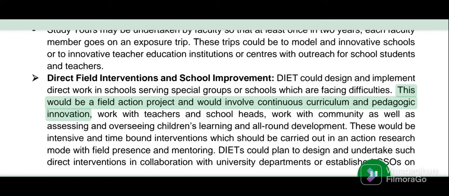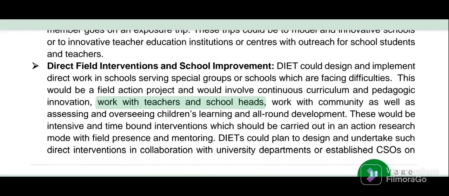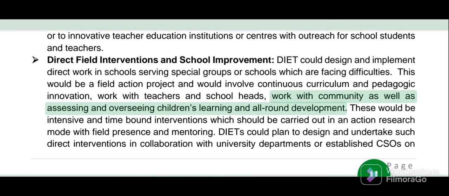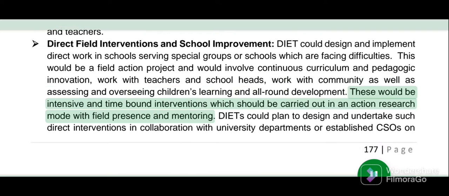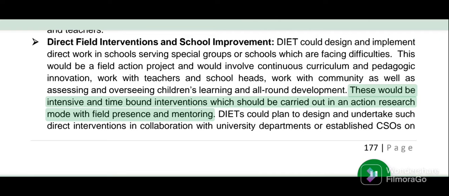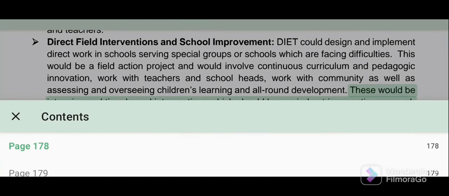This would be a field action project and would involve continuous curriculum and pedagogic innovation, work with teachers and school heads, work with community as well as assessing and overseeing children's learning and all-round development. These would be intensive and time-bound interventions which should be carried out in an action research mode with field presence